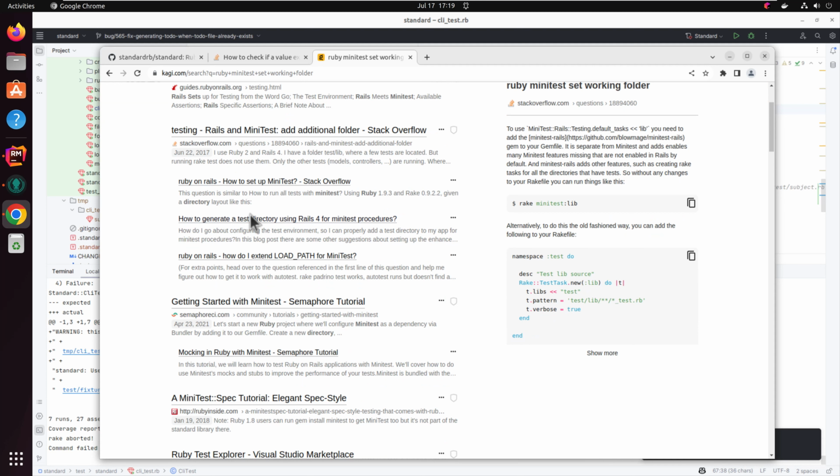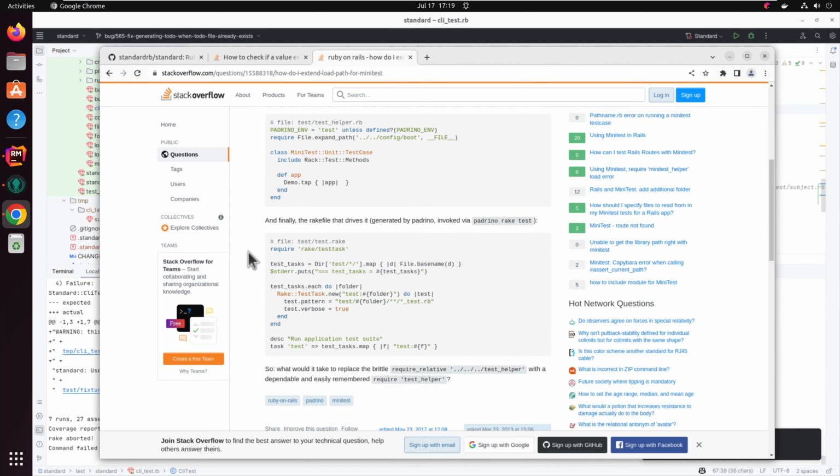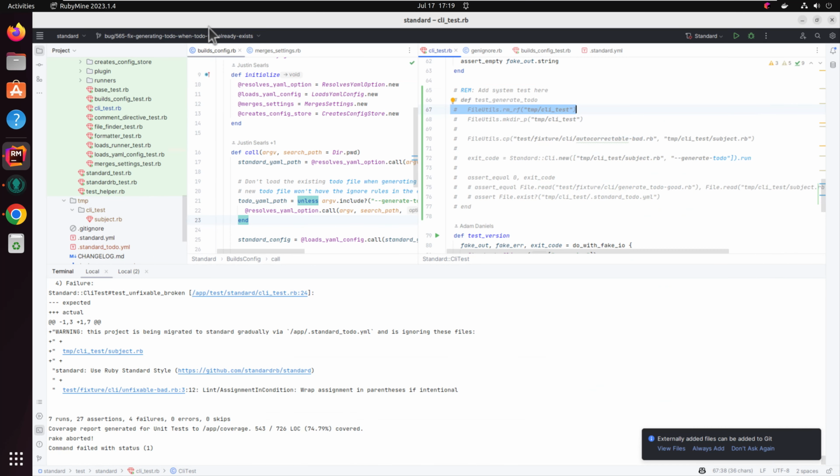How to generate the load path. Oh yeah, maybe it's in